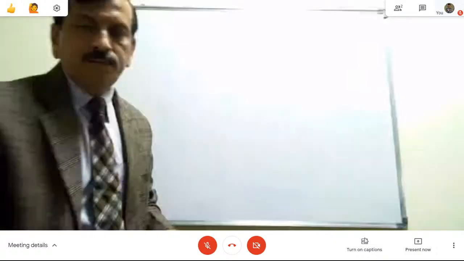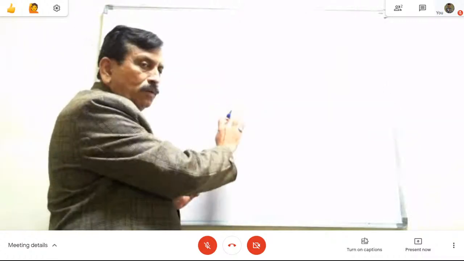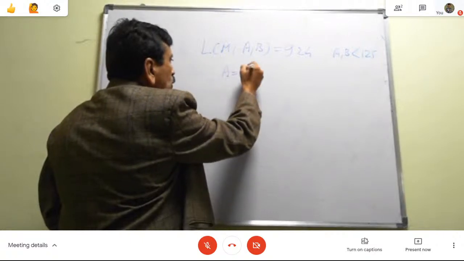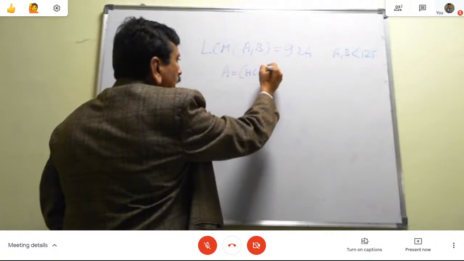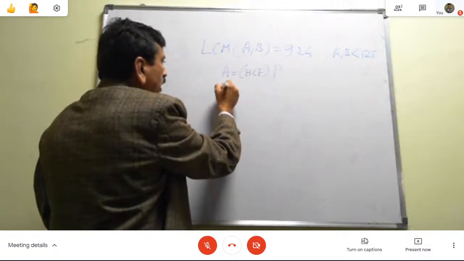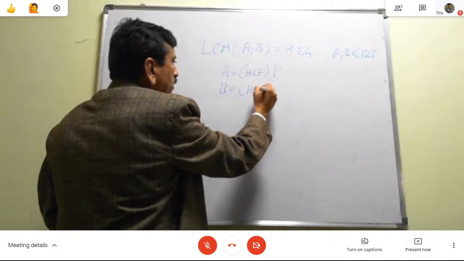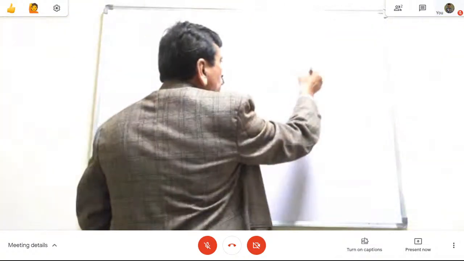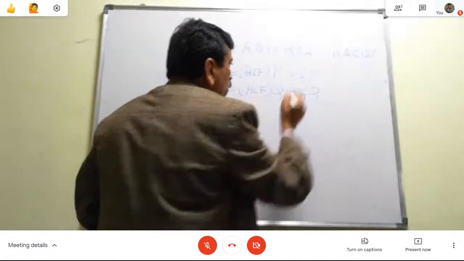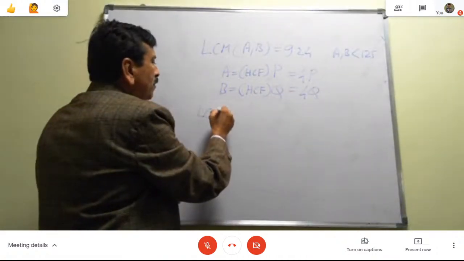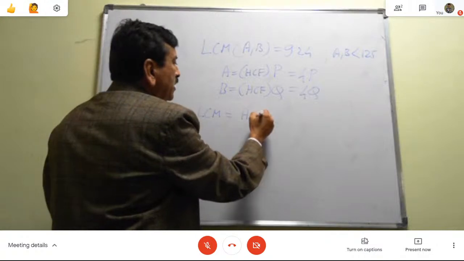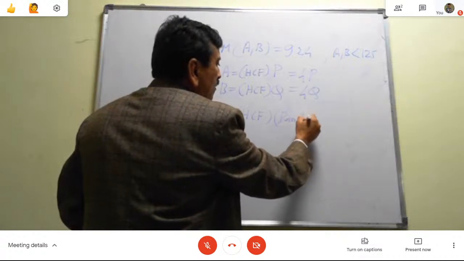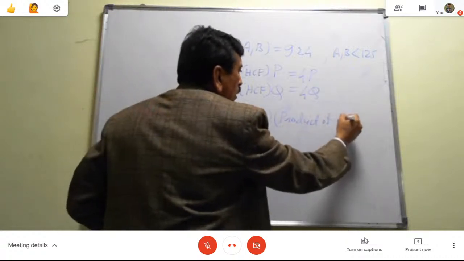And HCF is 4. So typically I'll write down first. I'll explain when the brightness will go. A is equal to HCF into some uncommon factor P. B is equal to HCF into uncommon factor Q. And HCF is given as 4. So A is equal to 4P, B is equal to 4Q. And LCM is equal to HCF, that is highest common factor, and here the product of